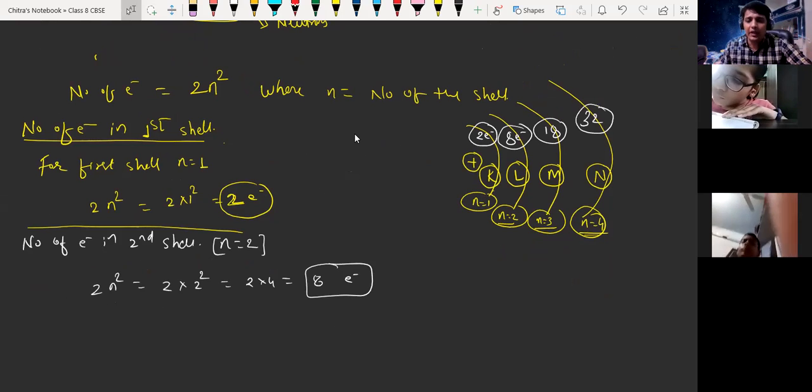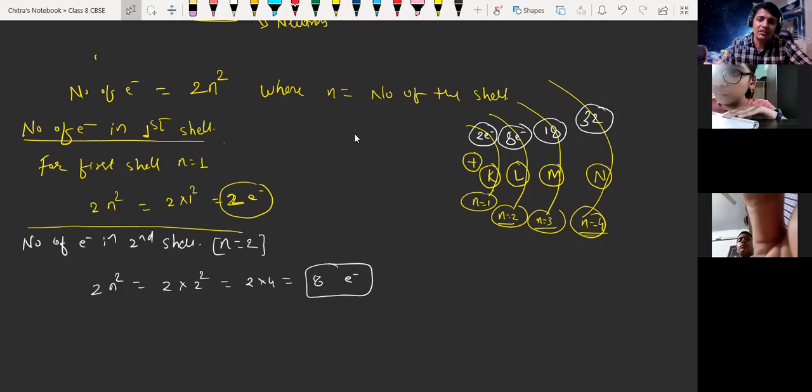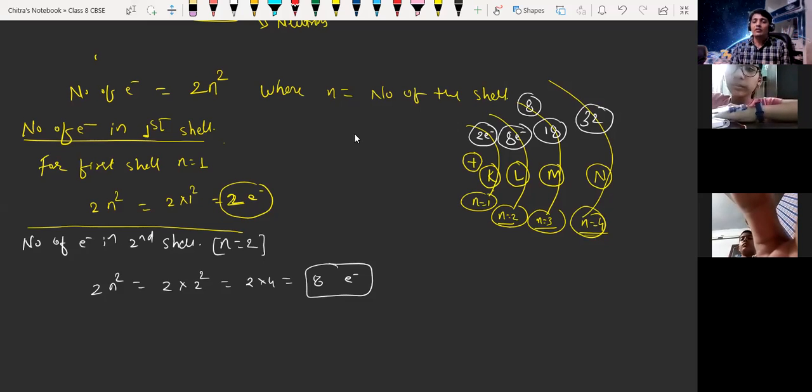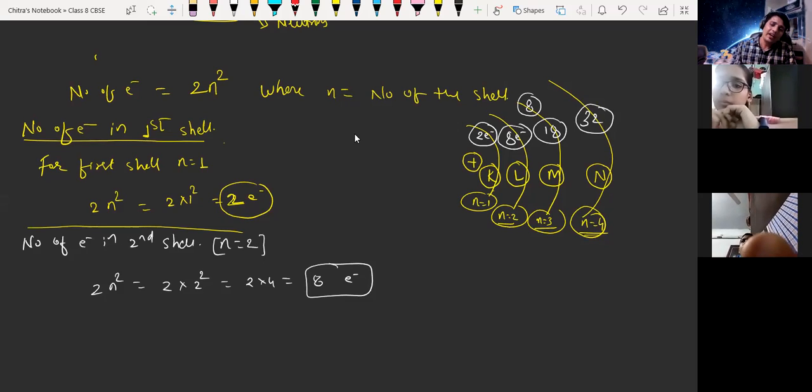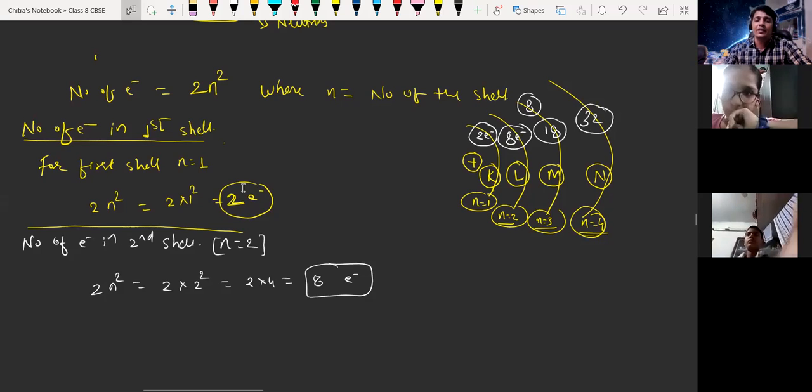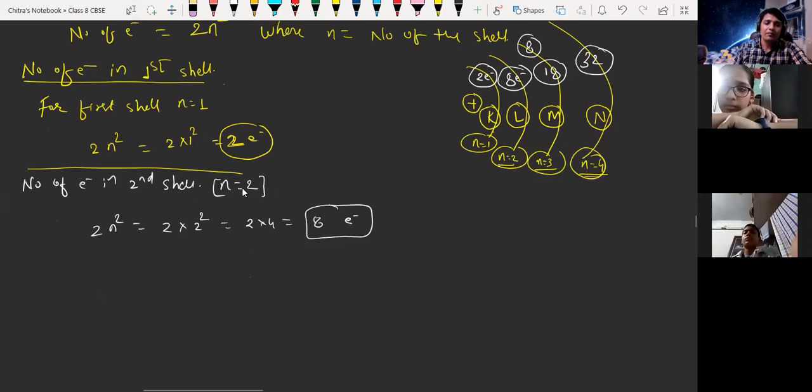Suppose in the third shell, maybe 8 electrons will come. In order to get stability, every element must contain 8 electrons in its outermost shell, and this is explained by the octet rule. So in the third shell, maybe 8 electrons will come. If fewer electrons are present, then we have to fill 8 electrons. That's all. Now we are going to write the electronic configuration of a few elements. I'm writing. Wait a second.